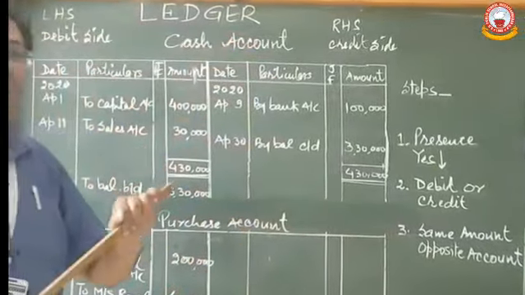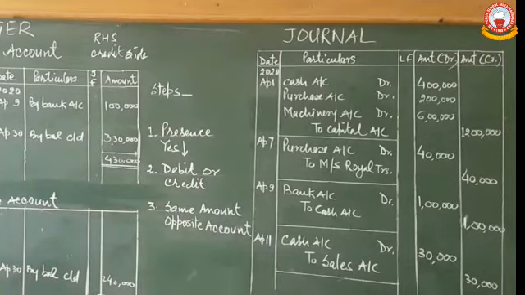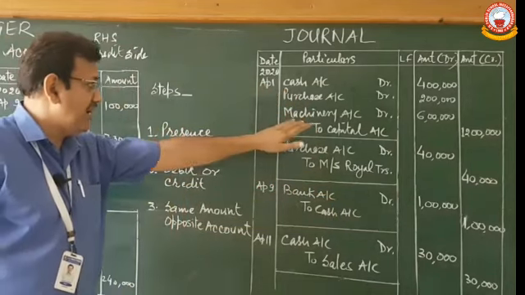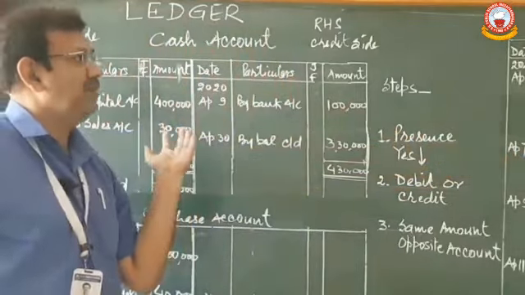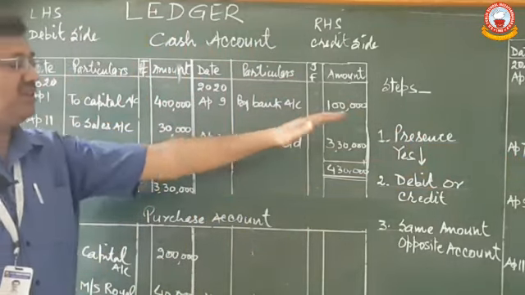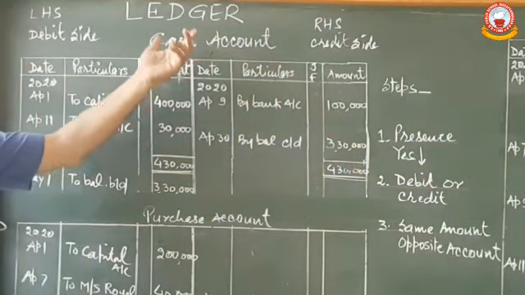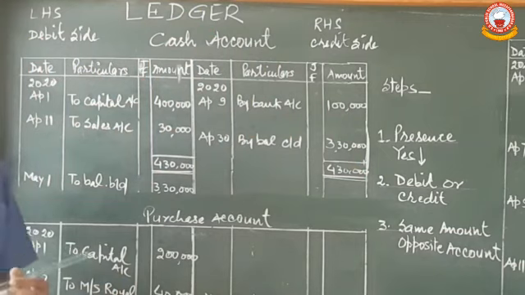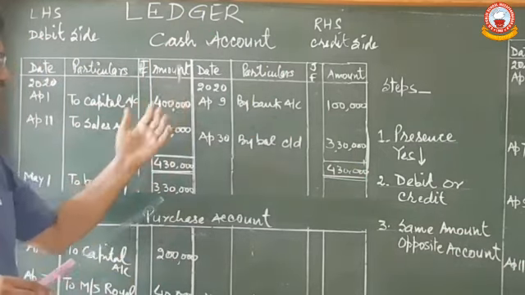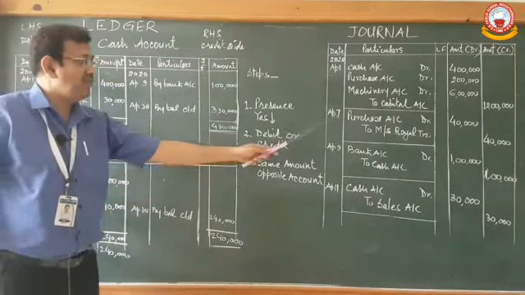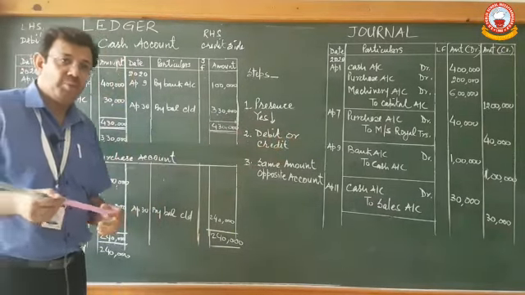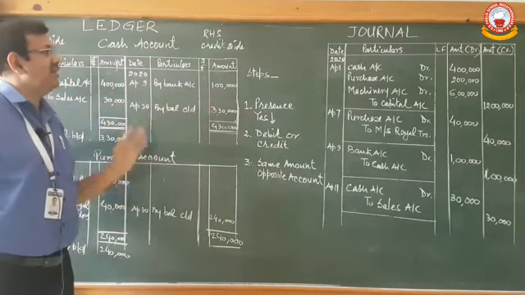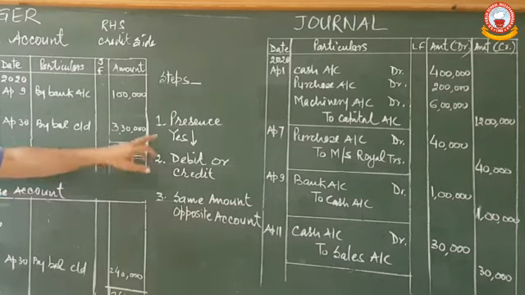For ledger our requirement is journal entries, and you can see some journal entries before you, because from journal entries we are supposed to post them into different accounts, and it is called ledger posting. So we are preparing different accounts, and through them we are giving various information like how much cash we have in our hand, how much purchase we have done during the month. So many important pieces of information are provided by the ledger. How the entries are recorded in the ledger, for this we are discussing here.